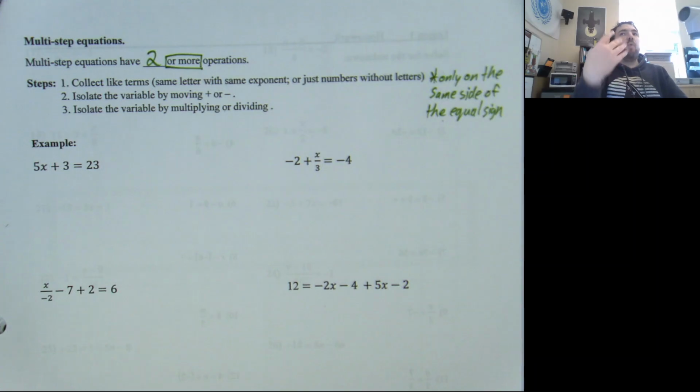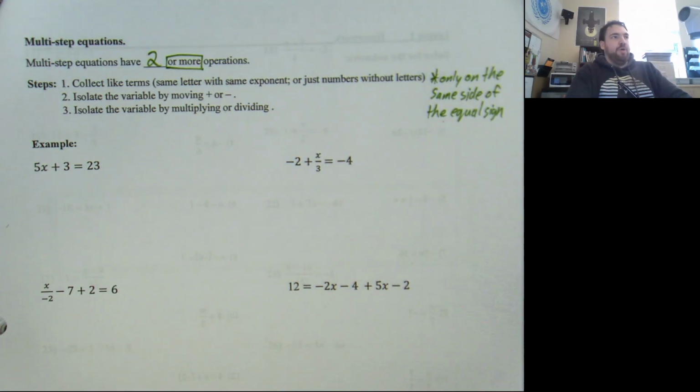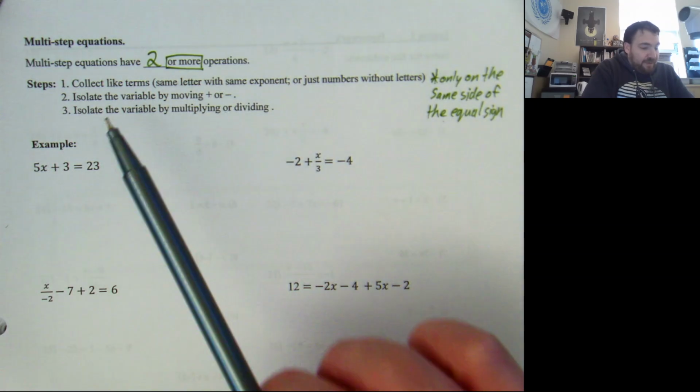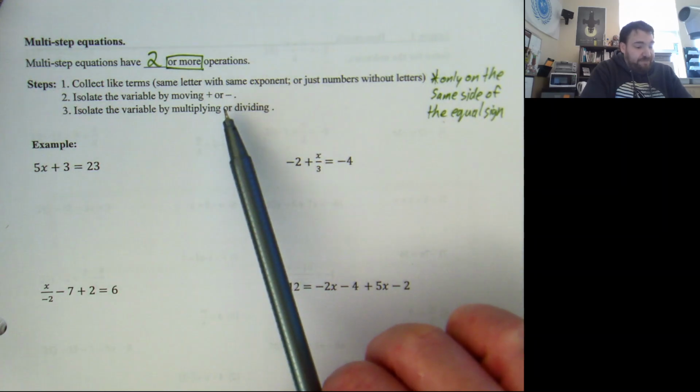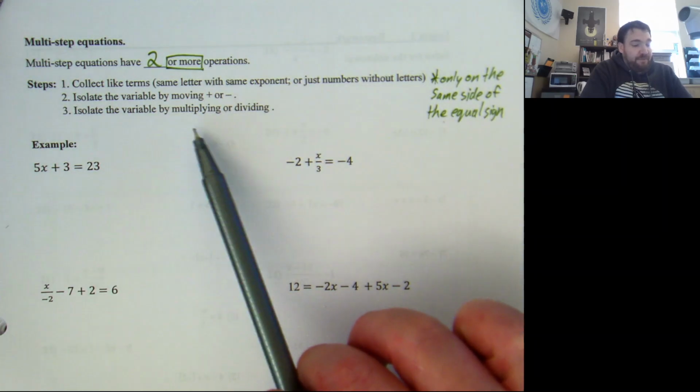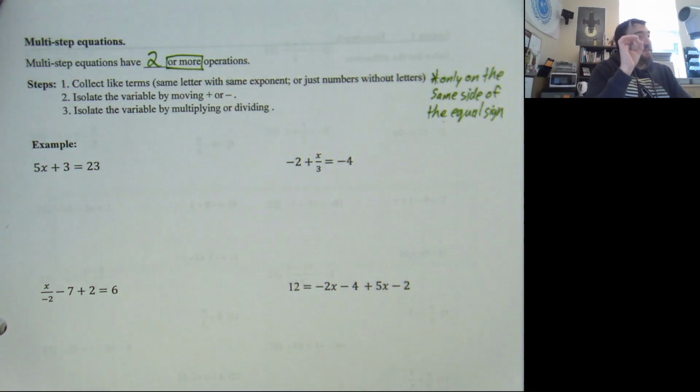The equal sign is like a wall. You cannot go across the wall unless you're doing opposite operations. But if you have like terms on the same side of the wall, by all means, gather them together. Collect them up. Simplify those terms. Then we want to isolate the variable by moving with addition or subtraction. Then we want to isolate the variable by multiplying or dividing. Effectively, what we're doing